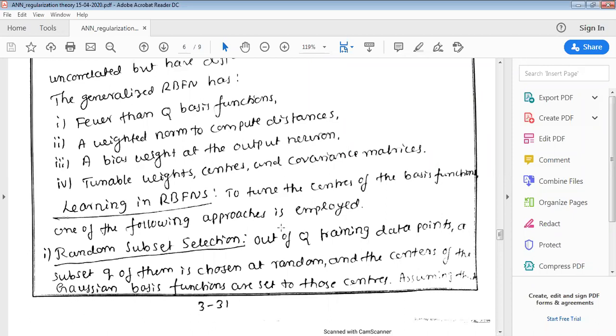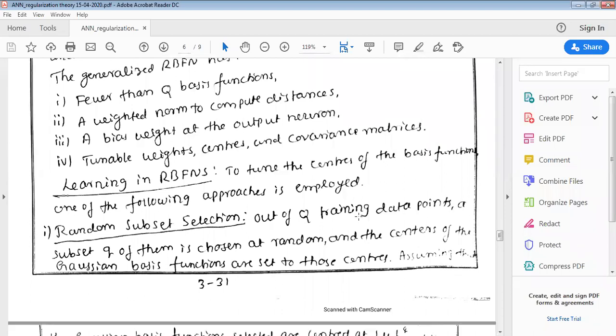and a weighted norm is used to compute the distance. A norm is nothing but a distance. Instead of taking the distance between successive samples, that is input and output, you are multiplying with certain weight vectors so as to reduce the number of computations. And at the output side also, you are going to bias the weight vector so that you get the output vector. Okay, these were the things that you did in the previous section.